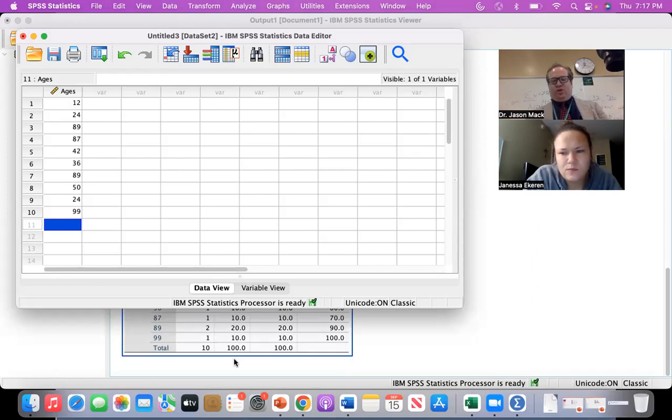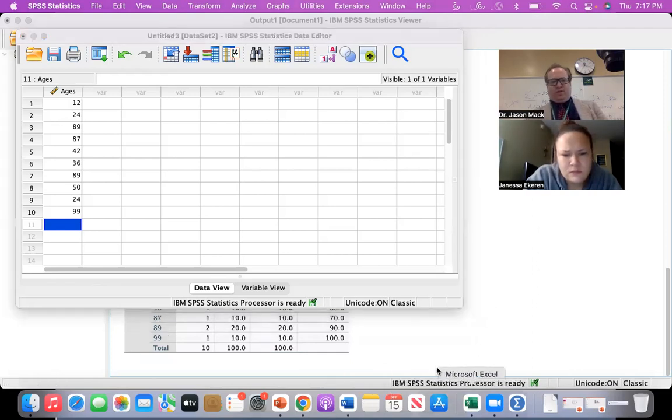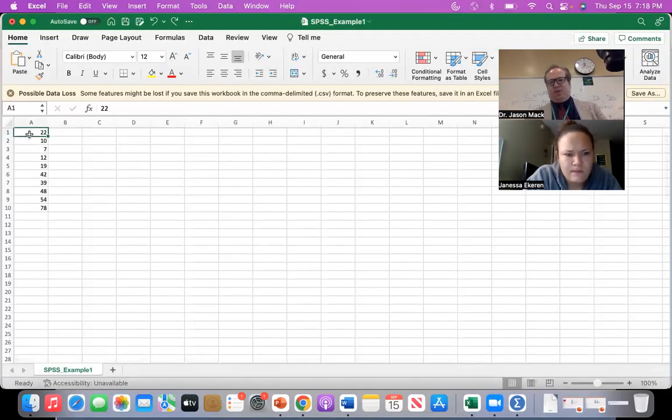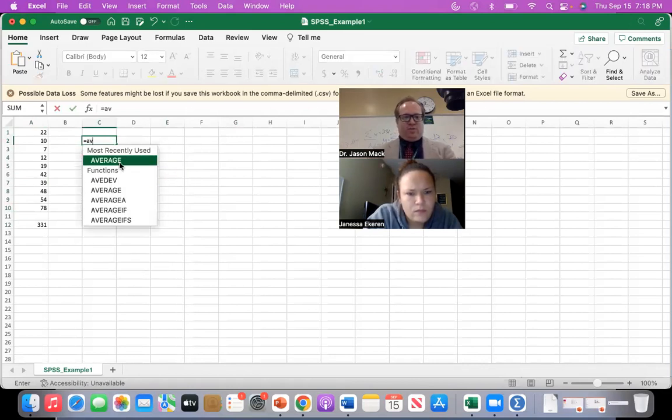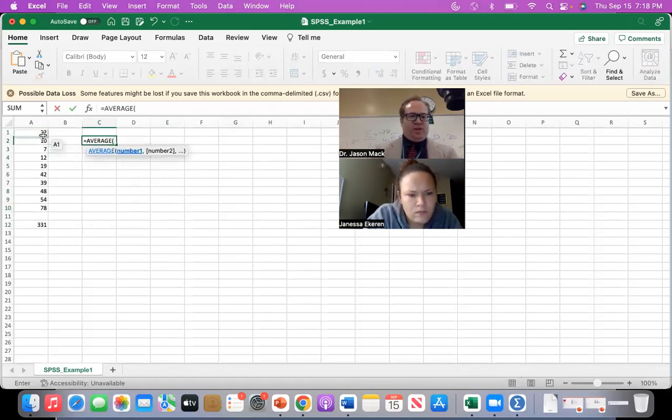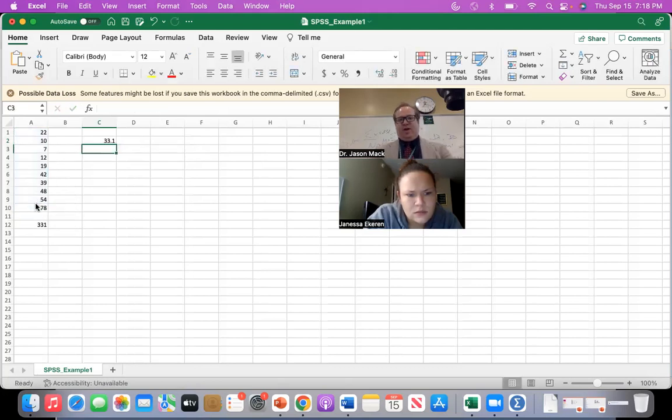So if you're in Excel, it's the same thing even with the other data. You could take these and auto sum them, and then divide by 10, or your number of values. Or you could say equals average, and then put the range in on the numbers you have too, Janessa, and it'll give it to you that way. But you still have to understand what you're doing, because if you don't understand how to sum the values